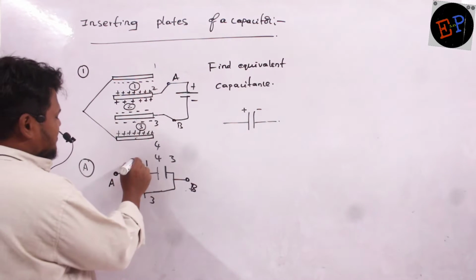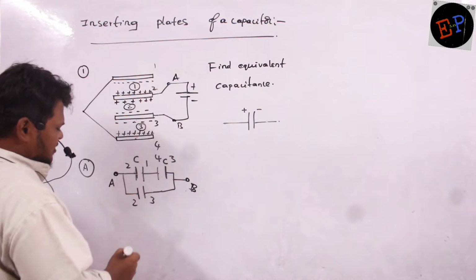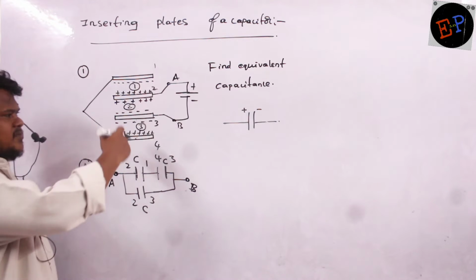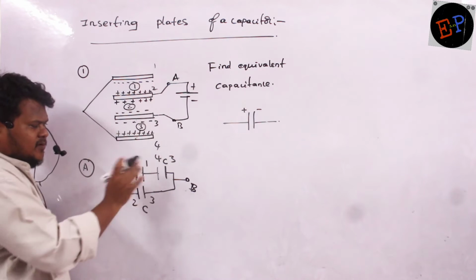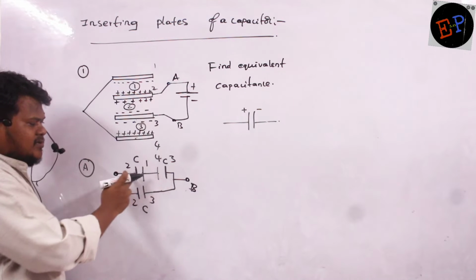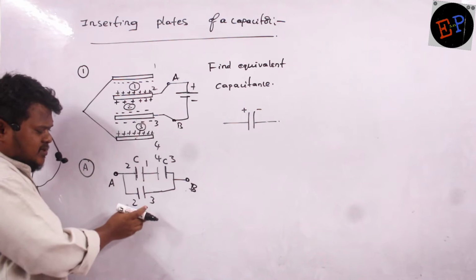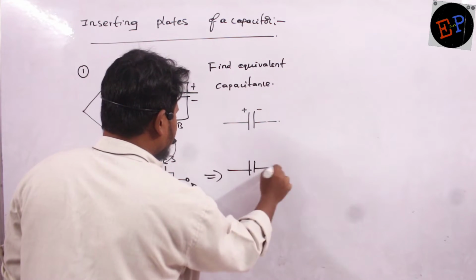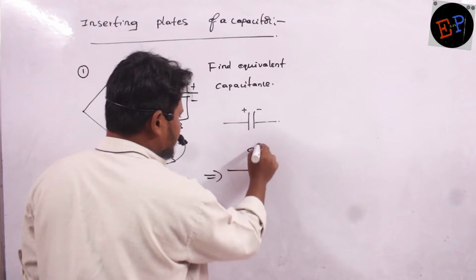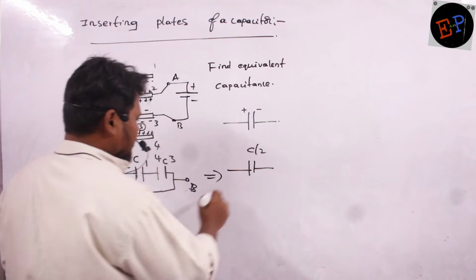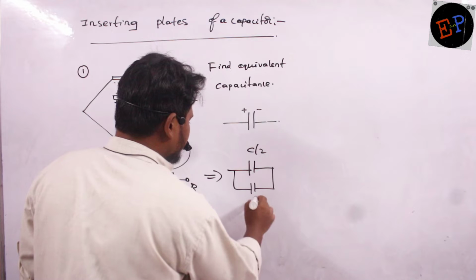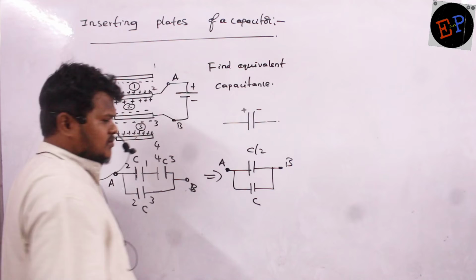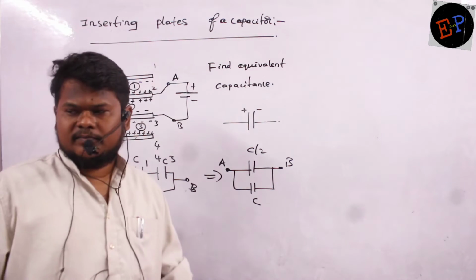Now see, so this is capacitance C, this is also capacitance C, and this is also capacitance C. Because the distance between the plates is same, the charges present on the plates are also same. So capacitance will be equal. So C and C, they are connected in series connection, no? And to this connection, this one is connected in parallel connection. So how can I draw the equivalent capacitance? Because C and C are in series connection, this will become C by 2. Clear, no? And this one is C. So this is terminal A and this is terminal B. Now C by 2 and C are connected in parallel connection.